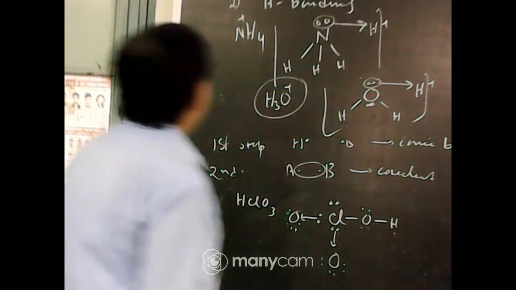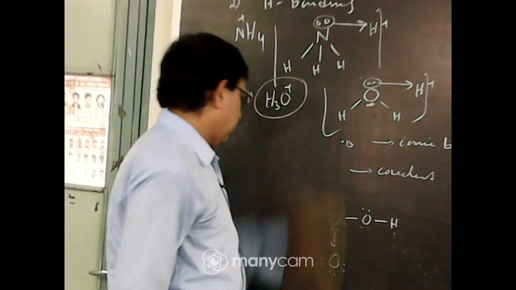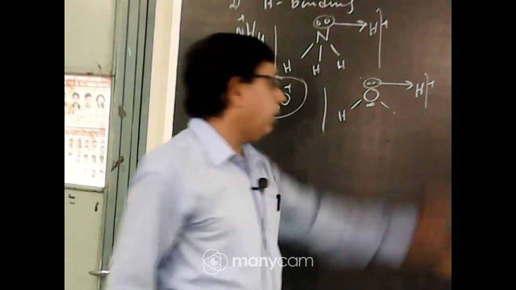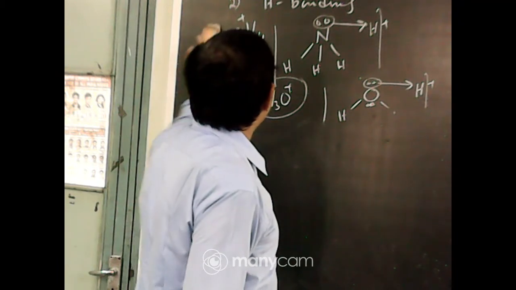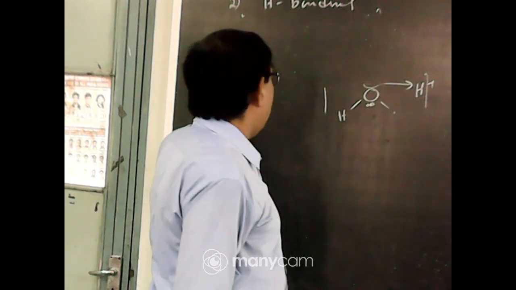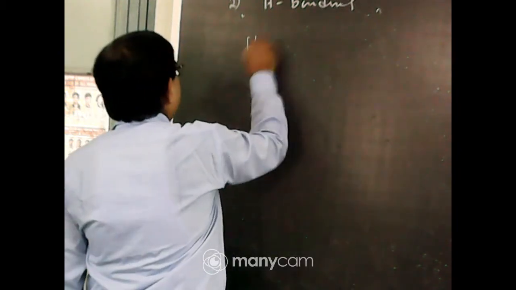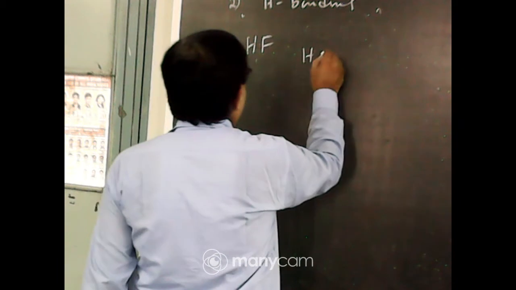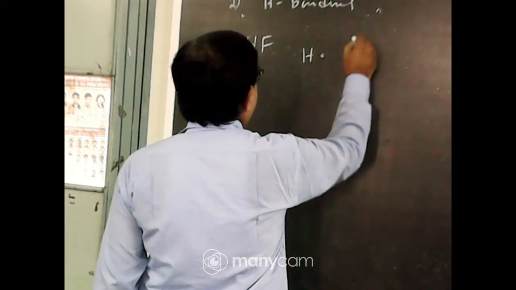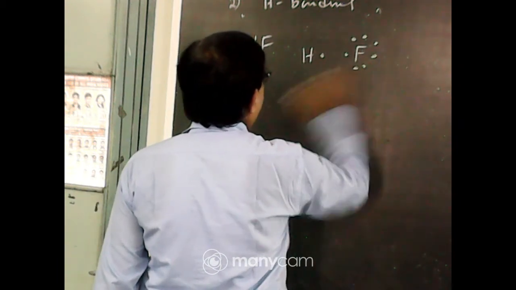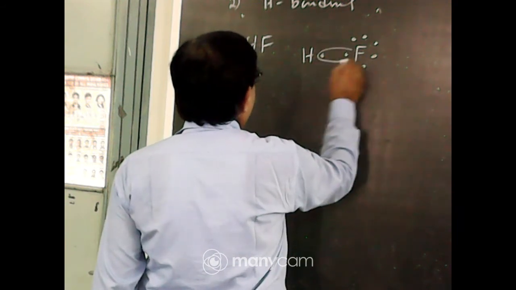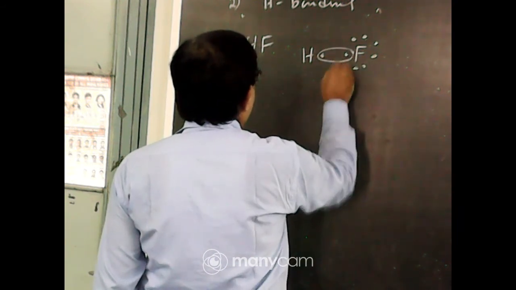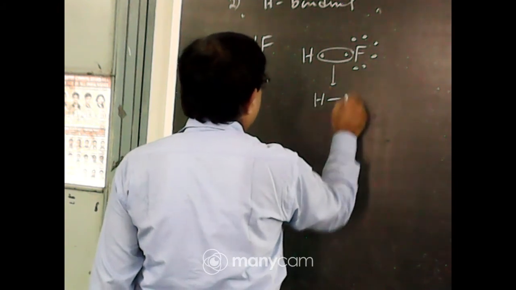The other important bond is the hydrogen bond. Hydrogen bond is very important. Without hydrogen bond, life is not possible. So why? First you should know what is a hydrogen bond. Say you consider the HF molecule, hydrogen fluoride. Hydrogen has 1 electron in the outermost shell and fluorine has 7 electrons in the outermost shell. Now 1 electron of hydrogen and fluorine undergo mutual sharing to form a covalent bond, that is HF.